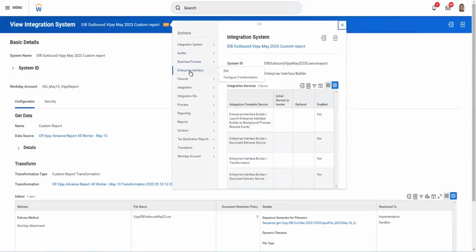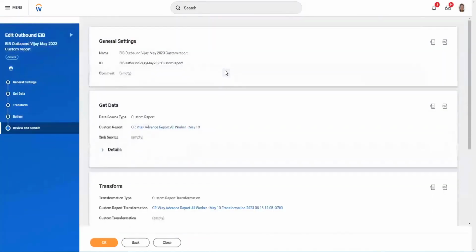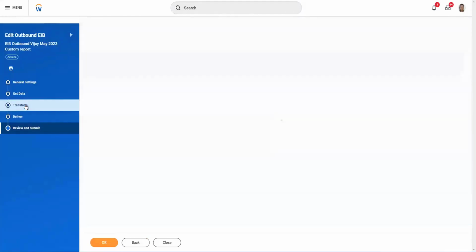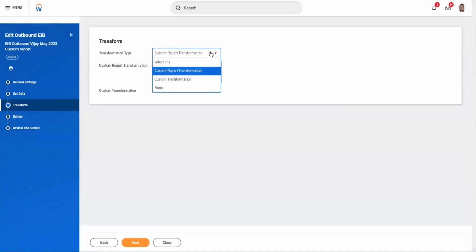We will go to our custom report interface, then go to edit. We're going to change our transformation first. I'll go to the transform section and change it from custom report transformation to custom transformation,